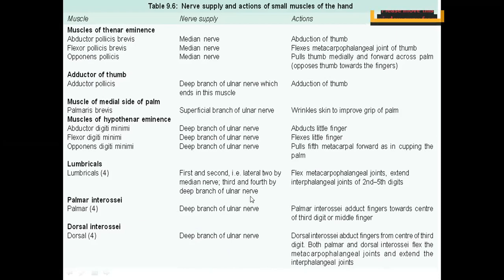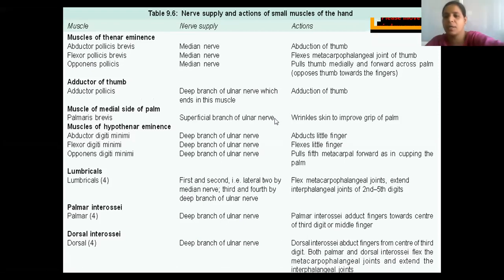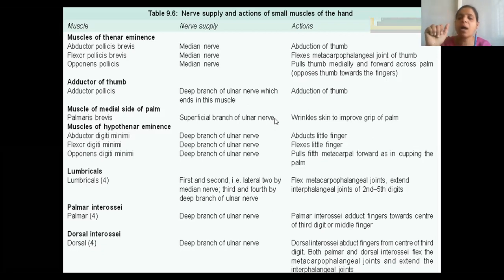That means the fine intricate movements of the palm, what we do, isn't it? The grip we get, we hold things, we write, we play music, we do so many things. Grip and everything is coming from the palm. That means these fine intricate movements of the muscles of the palm are brought about by the nerve supply, which is coming from which nerve? Ulnar nerve. So the ulnar nerve is the chief nerve of the palm.